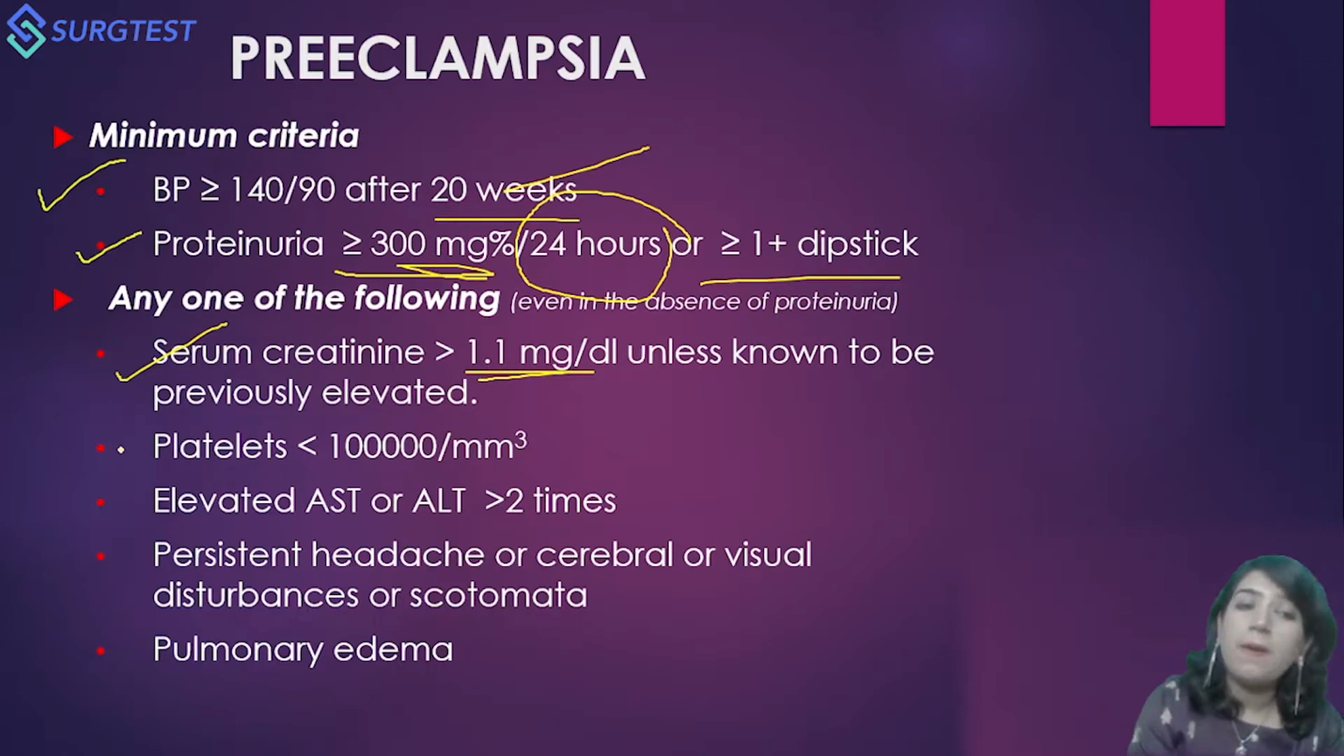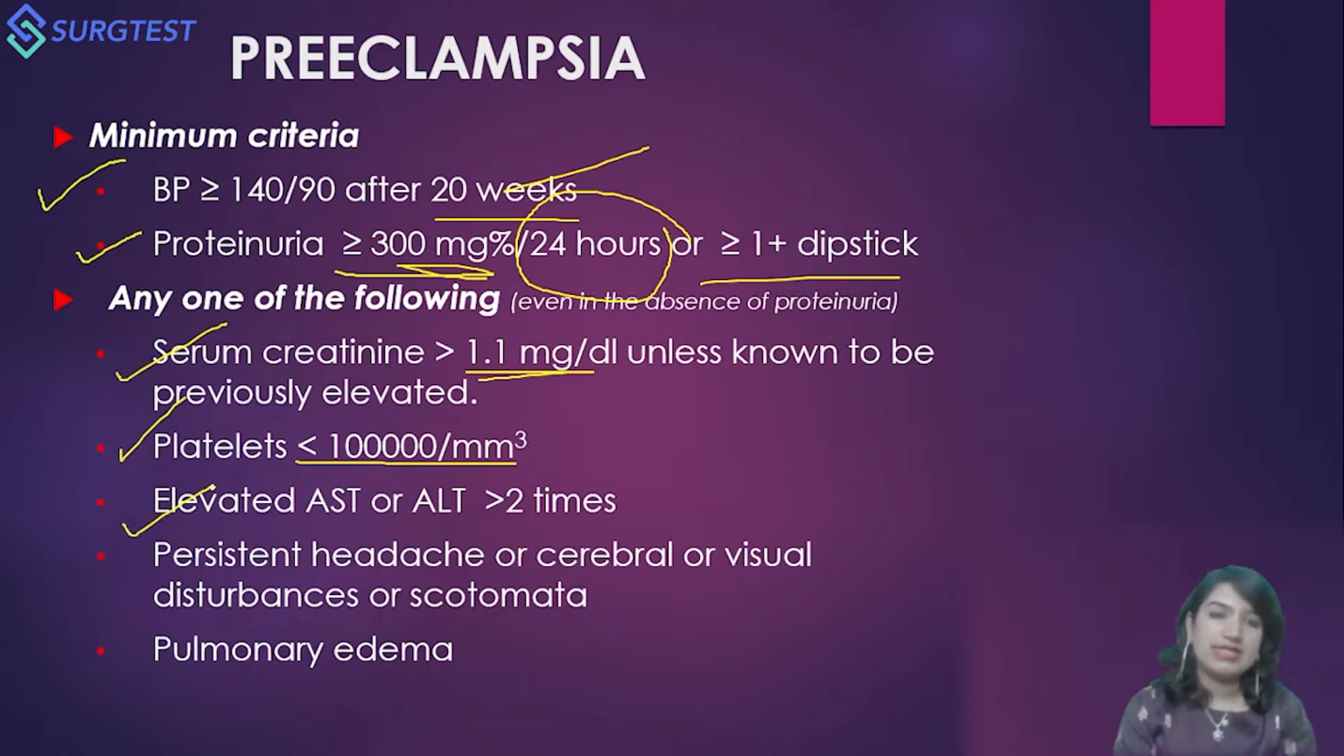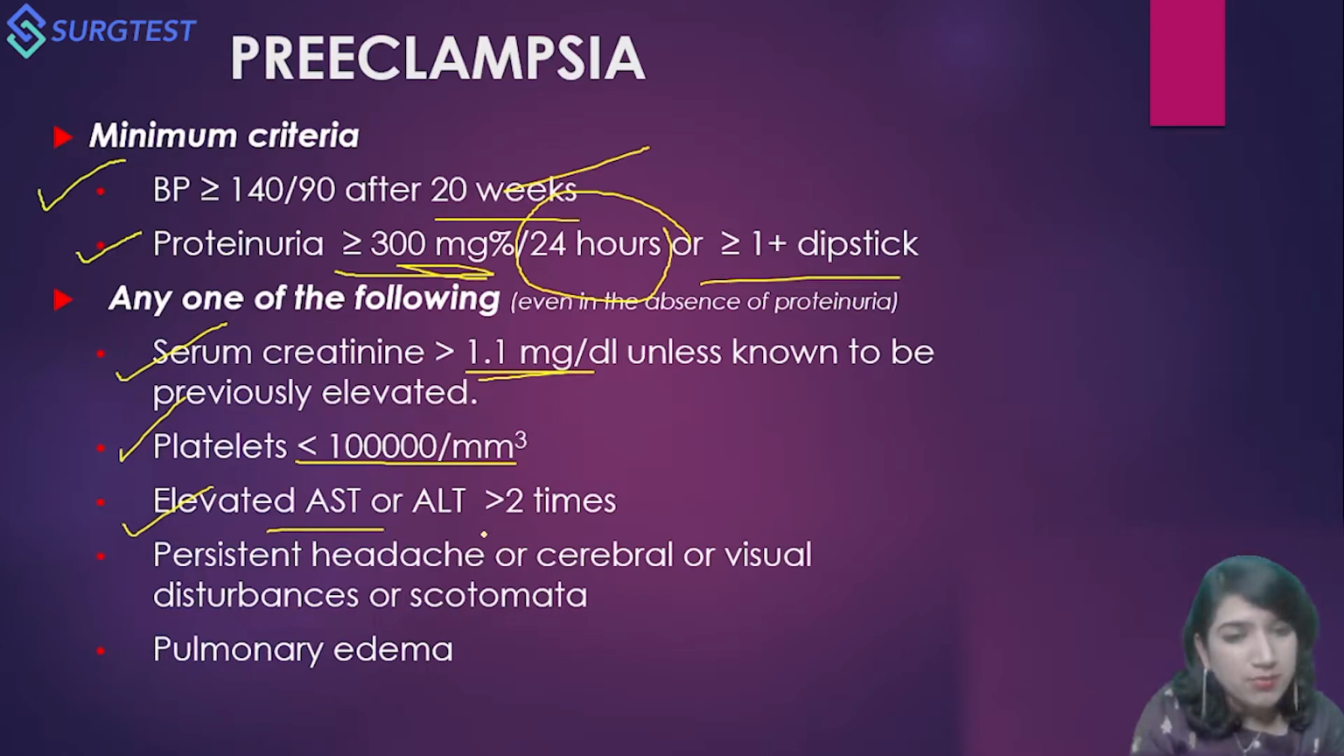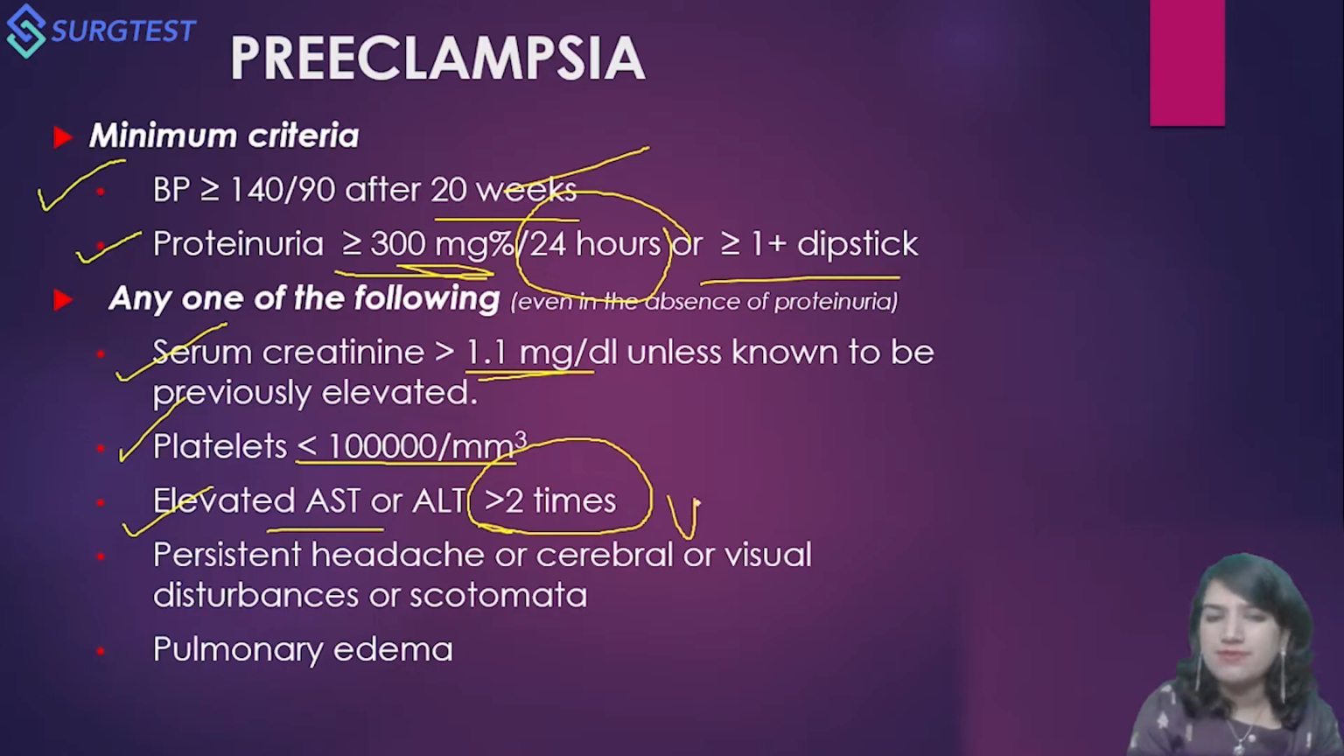Then secondly, a platelet value of less than 1 lakh per cubic mm, an elevated AST or ALT. Previously we used to call it SGOT and SGPT, but now it is aspartate transaminase, that is AST, or alanine transaminase, that is ALT, right? But how much elevated? We know that these enzymes do get elevated in pregnancy, but if they are more than 2 times the upper limit of normal, more than 2 times the ULN, then they will be considered as a